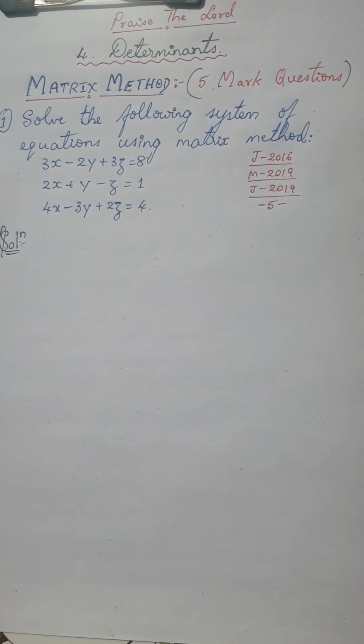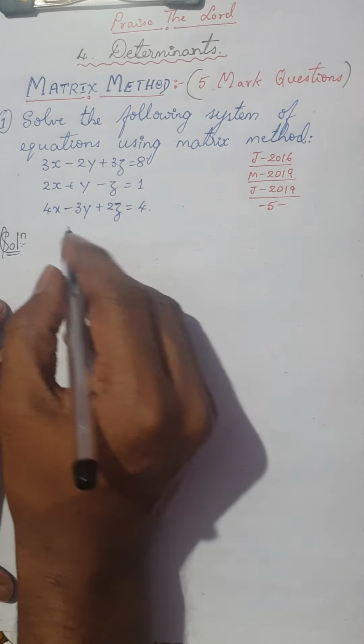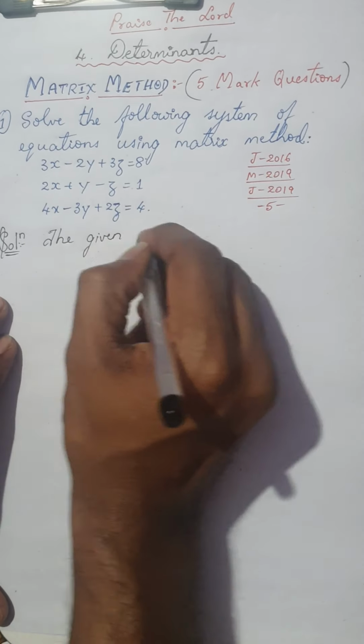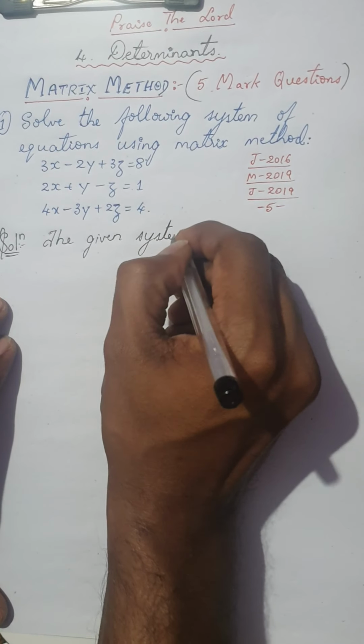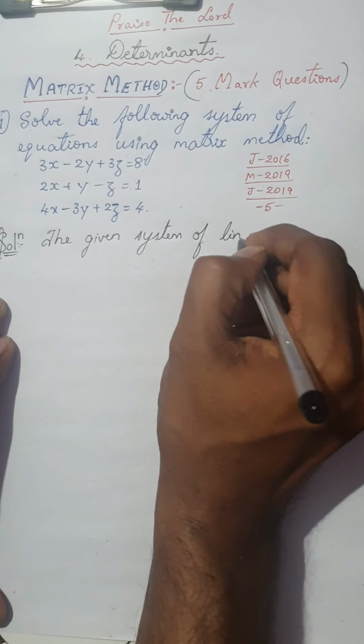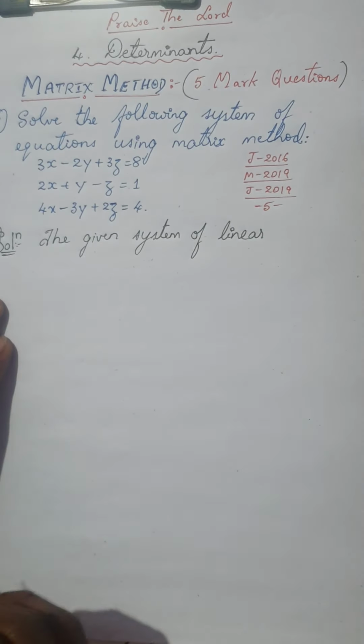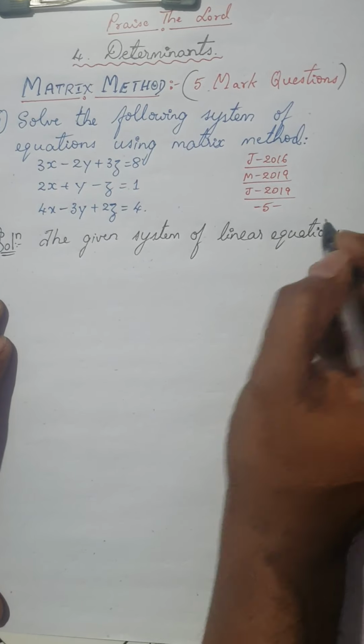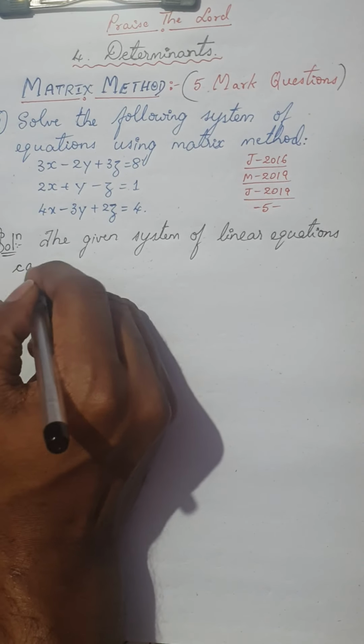So follow the procedure carefully, because answering one question will take you more than 10 to 15 minutes. So please be careful in solving the procedure for this question. Remember, we start by writing the given system of linear equations. The given system of linear equations can be written as